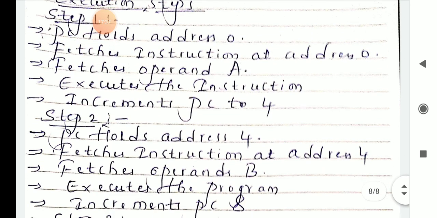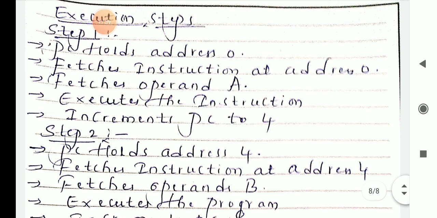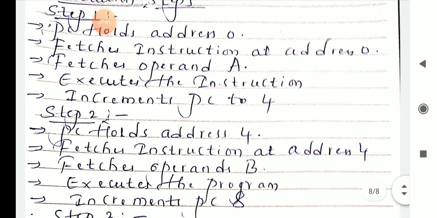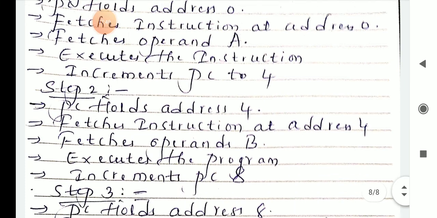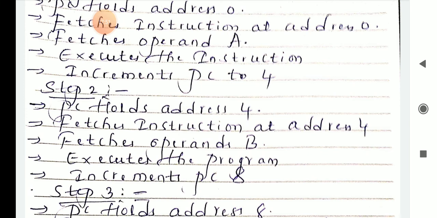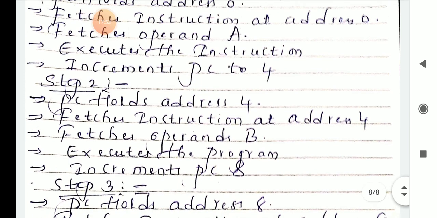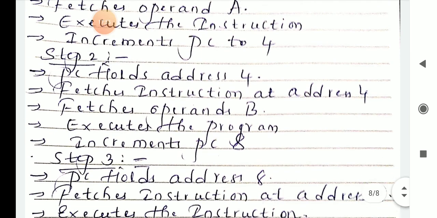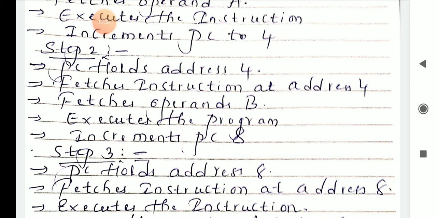So whatever diagram you have taken, the execution steps for that figure are given here. So step 1, PC holds the address 0, fetches the instruction, fetches operand A, executes the instruction, and increments PC by 4. Step 2, PC holds address 4, fetches the instruction at address 4, fetches operand B, executes the instruction and increments PC by 8.